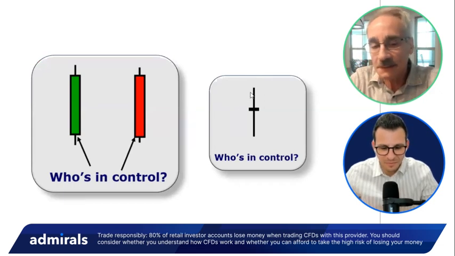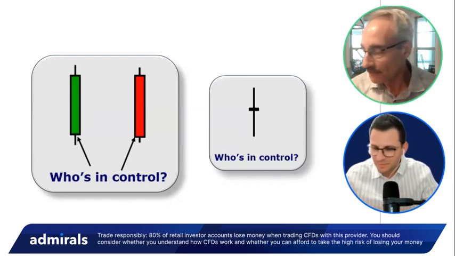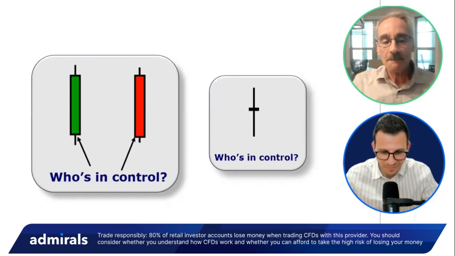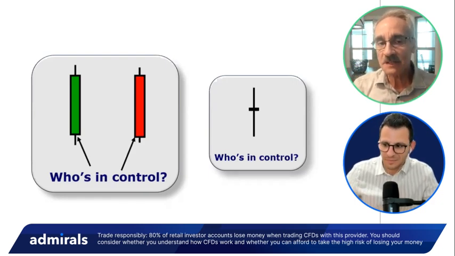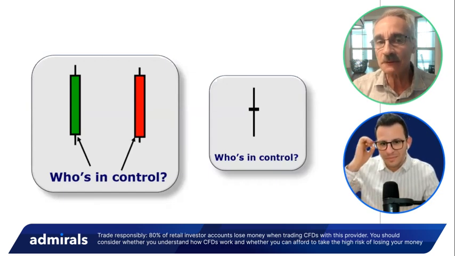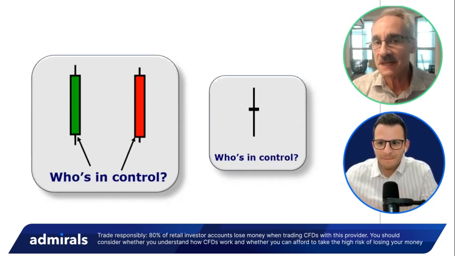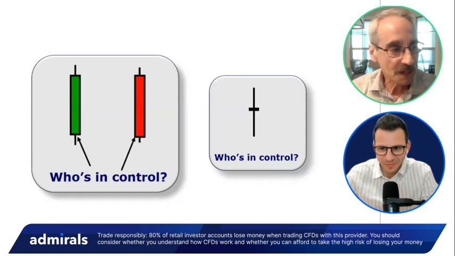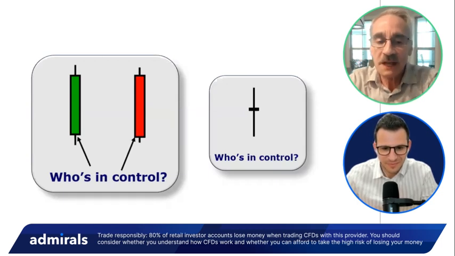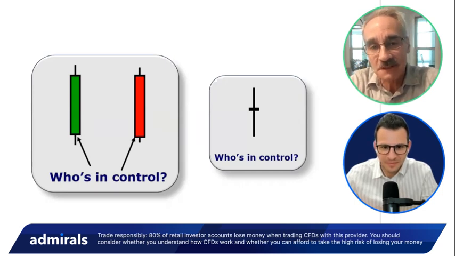Now with the opening and closing, okay, who's in charge here? Nope, right, it's an equilibrium. Now, let me give you a heads up, one of the misuses of candles. People will see a doji, and in fact, in my book, I had a Japanese proverb in the chapter on doji, and the proverb was danger lies ahead. And the problem, I should say, not a problem, but people think there's a doji and that means you should immediately sell, and that is not the case. And we're going to look at examples of this later.